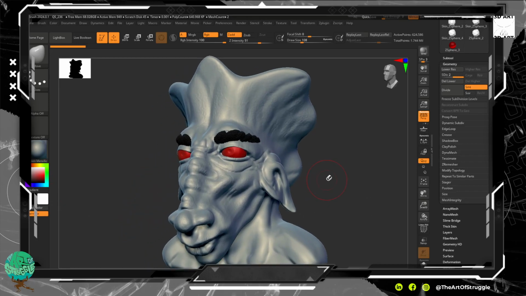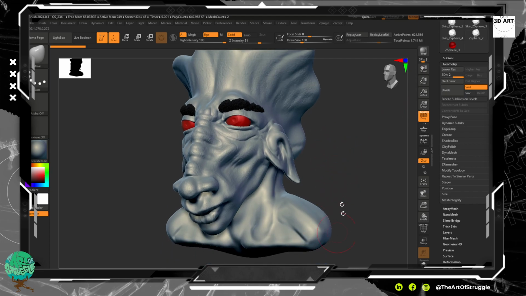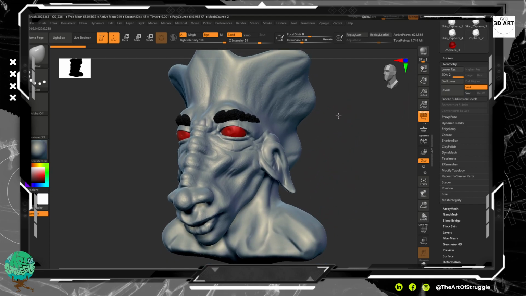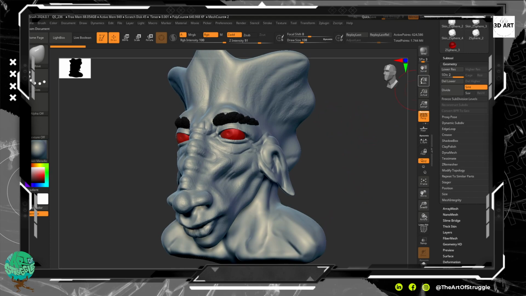All right, so let's talk about detailing this guy. Whenever it comes to detailing things like skin and pores, there are a few different techniques. There are a few different philosophies that people take when it comes to things like this. The first of those paths that you can take to achieving pores, wrinkles, and things like that on the skin